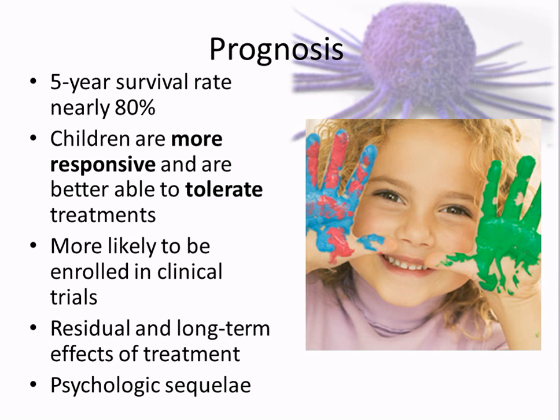I think this is our last slide. So prognosis: childhood cancers have an 80% survival rate. So 5-year survival rate about 80%. And we'll talk about leukemias when we get to the actual blood cells again. So we'll go in better detail. The upside is that children are more responsive to changes, so they can handle chemotherapeutics typically better than an adult can. Because if you slow down the growth for long enough and then you take out the cancer, when you let them go, their bodies are primed to grow.